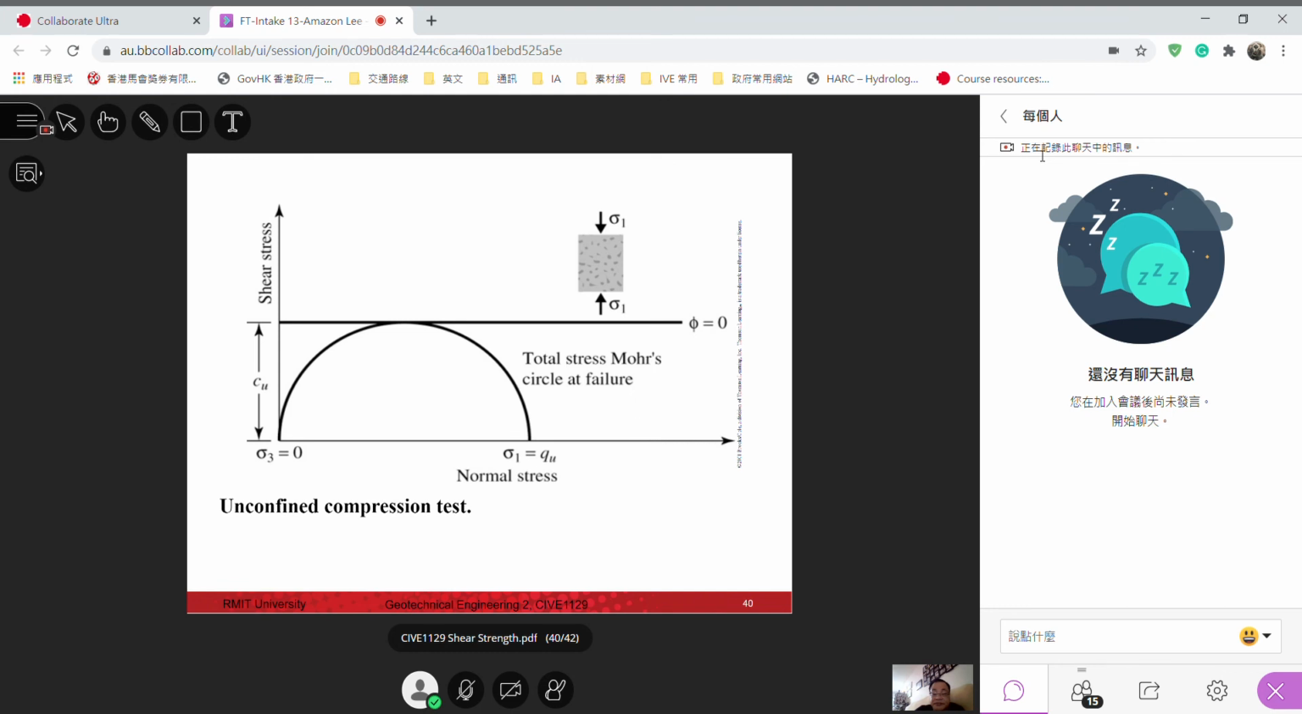Okay, so this is just to talk about one of the special undrained tests called the unconfined compression test, but it's not very reliable, so you can almost forget it. Okay,